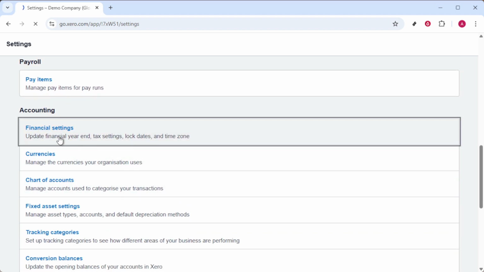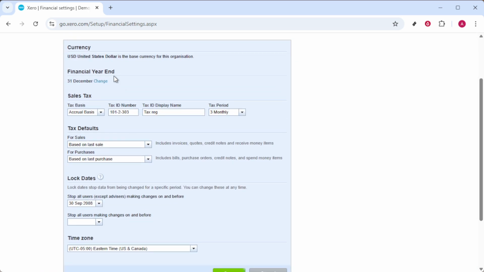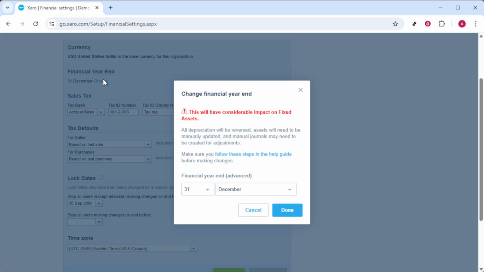Look carefully and you'll spot a field called Financial Year-End Date. This is where you've got the current date settings. To change it, you'll need to click directly on this field. This action will activate the selection options for both the month and the day. This step is crucial, as you'll want to ensure you choose the correct new date for the end of your fiscal year. Typically, this might be something like December 31st, but it can differ depending on your specific organizational needs